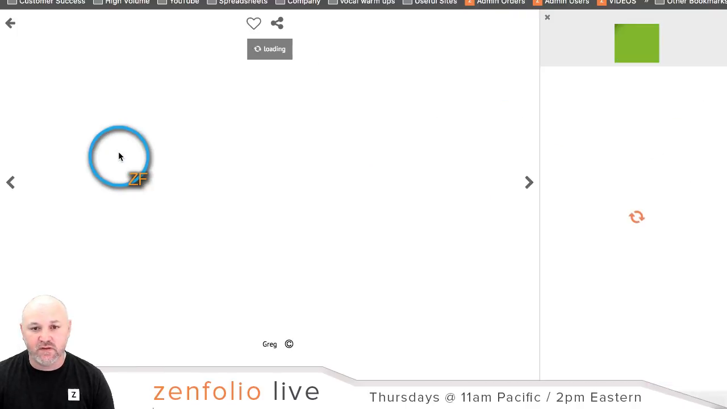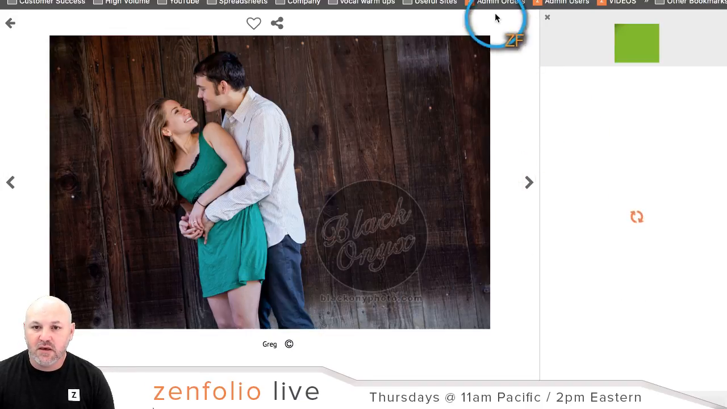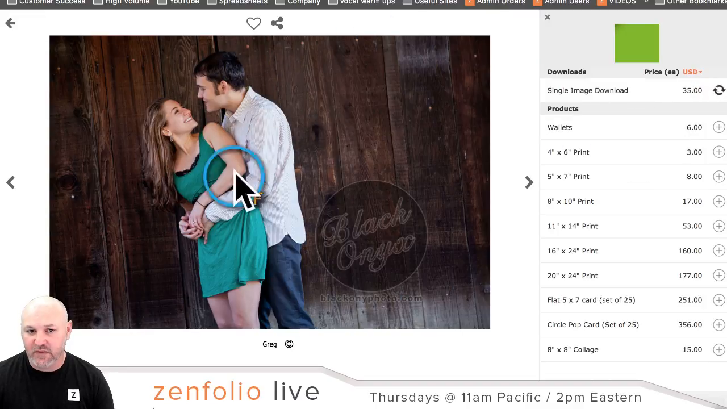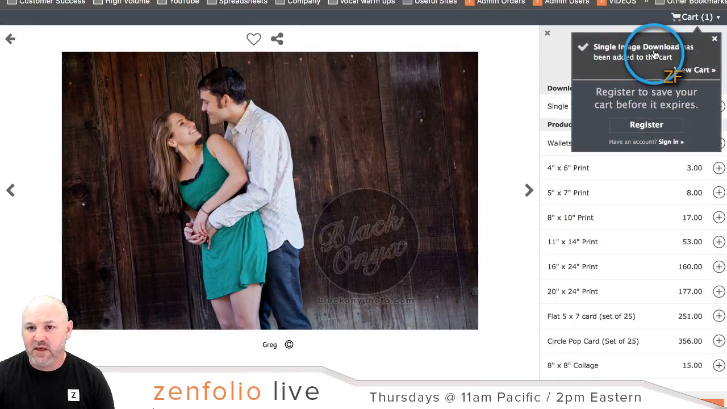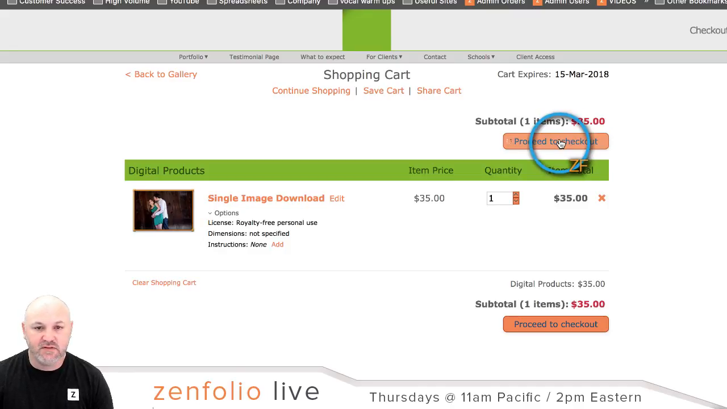And if I click on one of these photos, here's the quick shop list right over here. Once my internet decides to catch up, that digital download is going to be up here up top, right there, single image download. Click on that, and it adds this image into my shopping cart as a digital download. And then as a client, click on view cart, proceed to checkout,